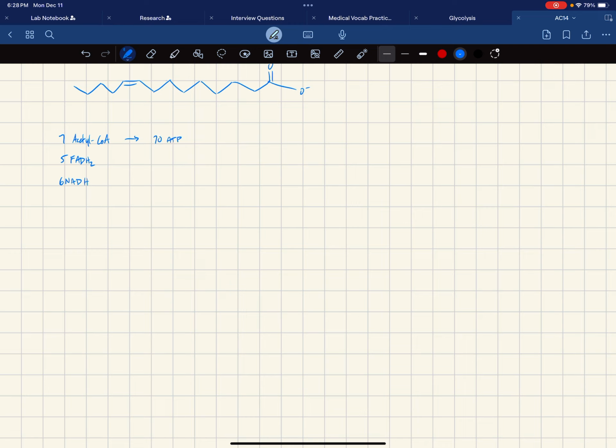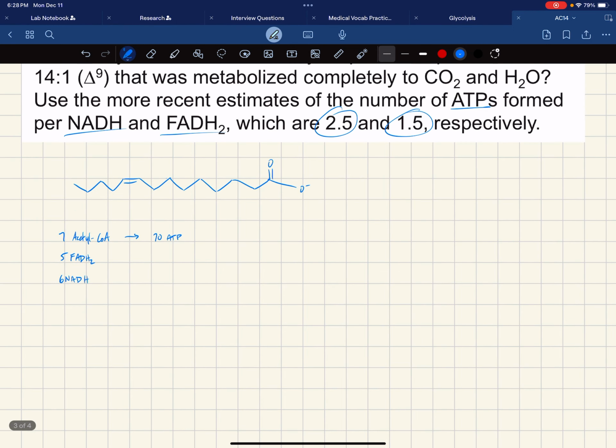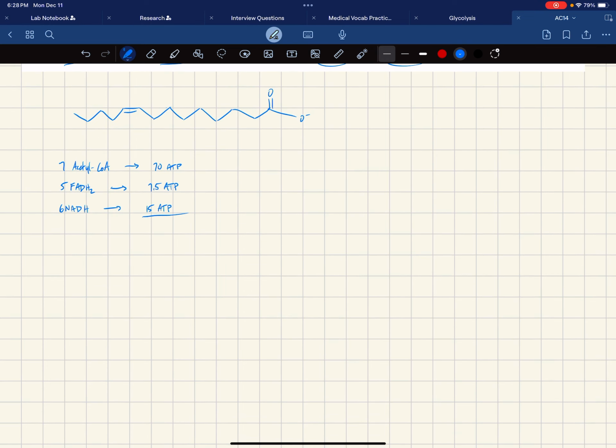Now 5 times, for FADH2, we've got 1.5 ATP produced per, so this is going to be 7.5. And our NADH will give us 15. All right. So once we add those together, we'll get 92.5